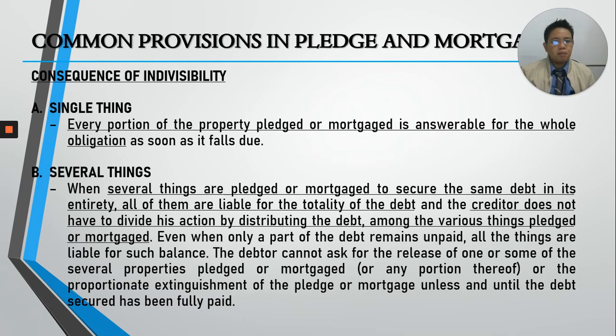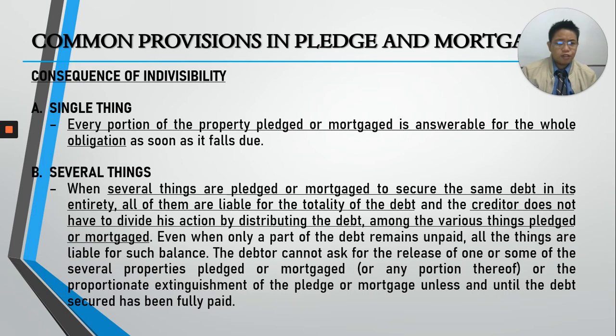The creditor will not be bothered to divide his action by distributing the debt among the various things pledged. And also take note that even if only a portion remains, all of the things are liable for the balance. Debtor cannot ask for the release of one or some of the several properties pledged or mortgaged, or any portion of any property, or the proportionate extinguishment of the pledge or mortgage until and unless the debt is paid in its entirety. So let us say for a 20,000 debt, nag-pledge ako ng tatlong bagay,